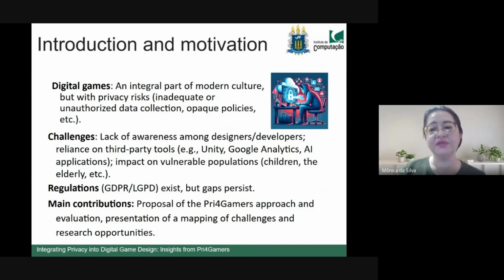Because of the challenges involved, the game integrates multiple technologies, and often the design teams creating games rely on third-party platforms. Therefore, tools like Unity are commonly used along with data analysis tools, AI functions, and plugins for faster game creation. Thus, all of this sometimes entails data collection, and this is particularly concerning when games are made for children and seniors, who are more at risk. In this context, data protection laws exist, but as noted, they sometimes fail to perceive these nuances of the games.